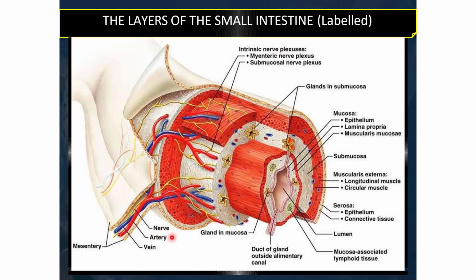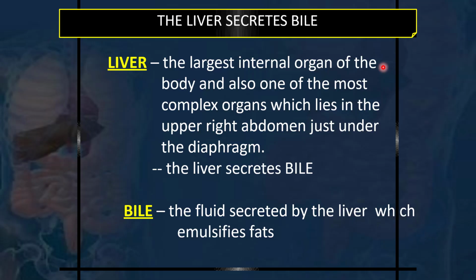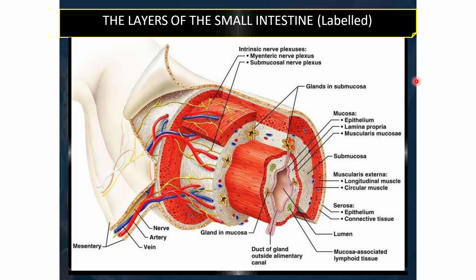So every wall has a nerve, artery and vein. And the fold of peritoneum which carries these nerve, artery and vein up to the wall of that organ is called mesentery. So mesentery is the fold of peritoneum. It just brings these vessels inside its layers and wraps around that organ to form the mesothelial layer, the visceral layer. So just go through the diagram and you will be able to understand the structure of stomach and small intestine and their function. Now I am coming on to the accessory organs of